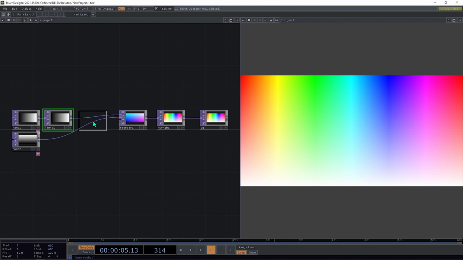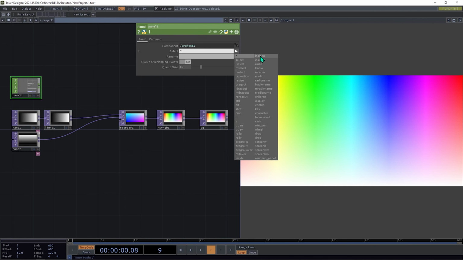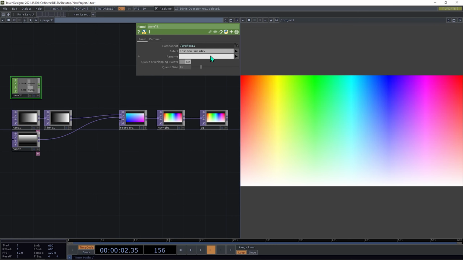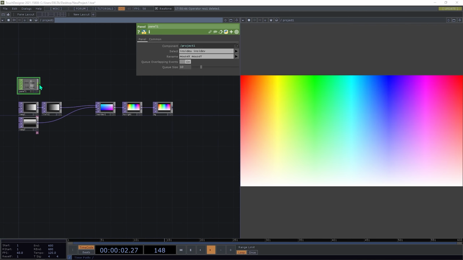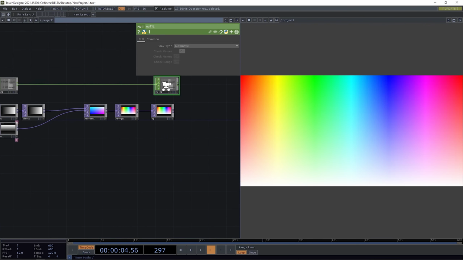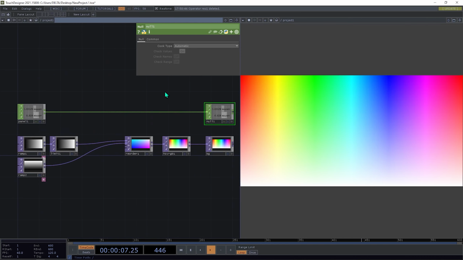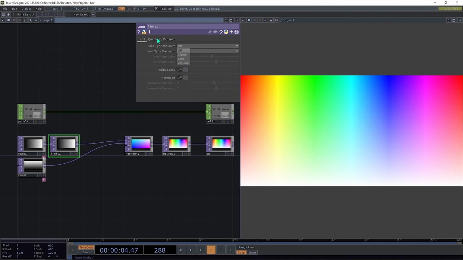I forgot to add a panel CHOP, and in this panel we select inside U and inside V, and we rename them to mouse X and mouse Y. Finally, we attach a null, so we don't need to work more with these values because these are in the way we need them. So the next step is, in this limit, to go to the quantize page, and quantize